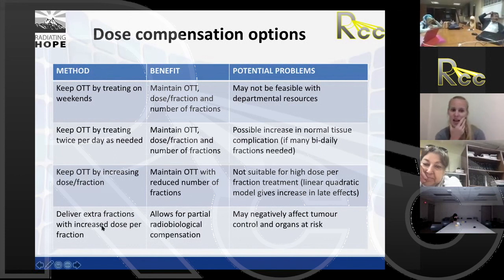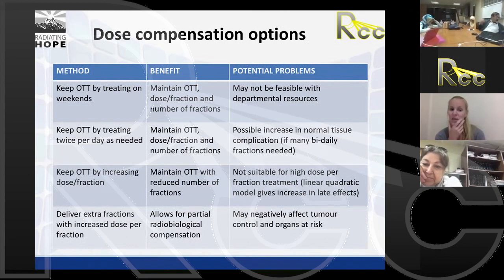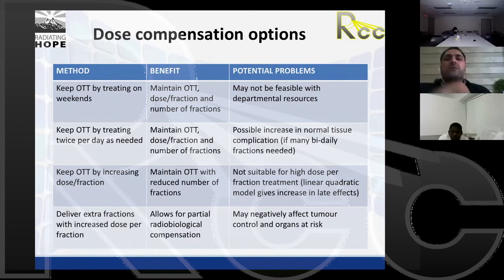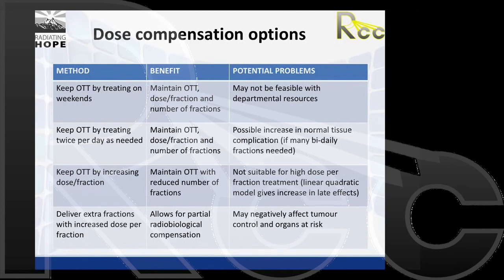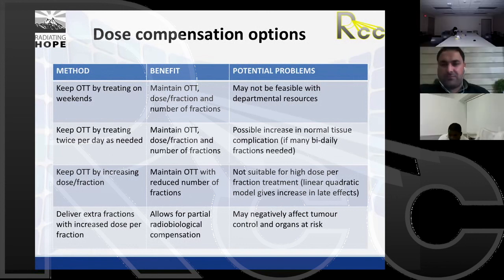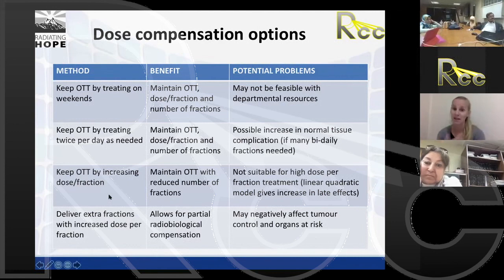So the other alternative is to deliver extra fractions with an increased dose per fraction. So we'll extend the overall treatment time, but we'll try and compensate for that radiobiologically. The problem is that this may affect tumour control probability, and it may affect the dose to the organs at risk. So there are ways around it. None of them are ideal, but we can use our radiobiological understanding and knowledge to try and keep the impact